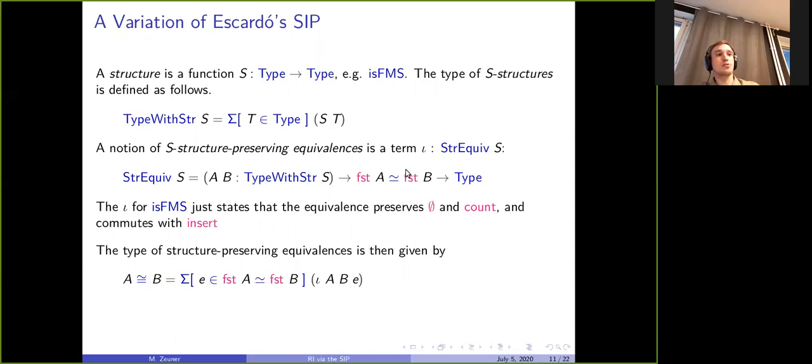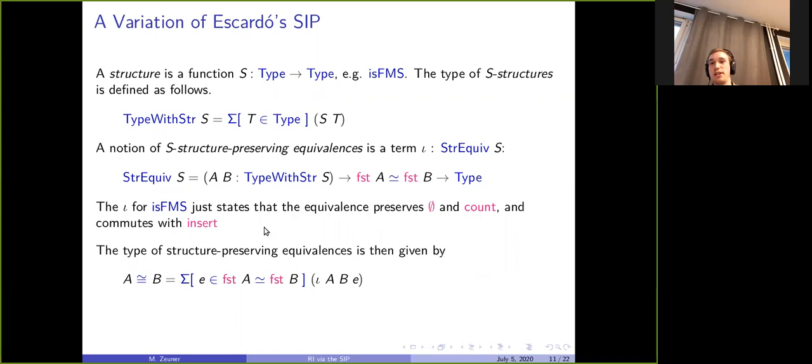A notion of S structure preserving equivalence is an iota that takes as input two structure types, or types with the structure, and it looks at the equivalence of the carrier types and gives us back a new type that we can read as the type of proofs that this equivalence is structure preserving.